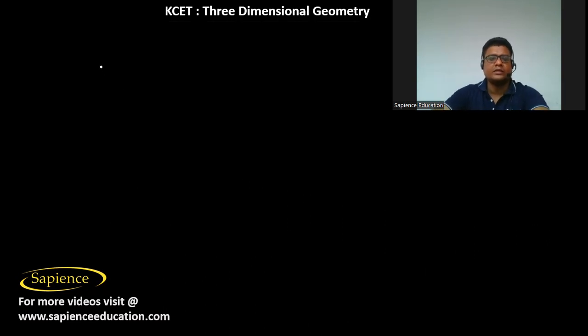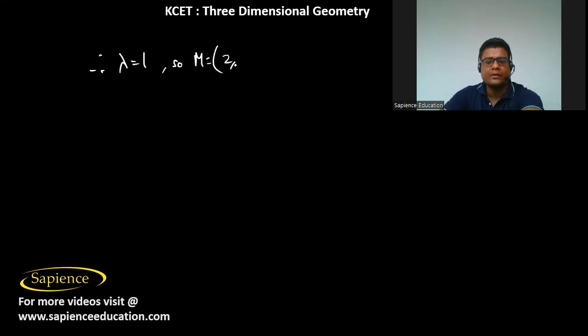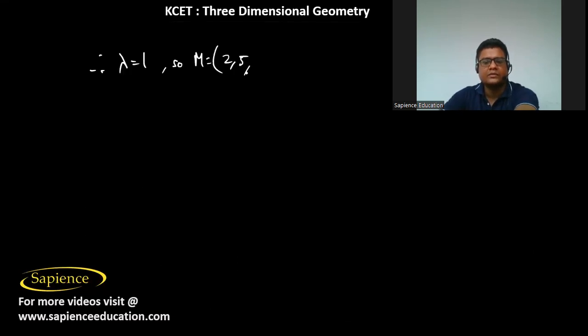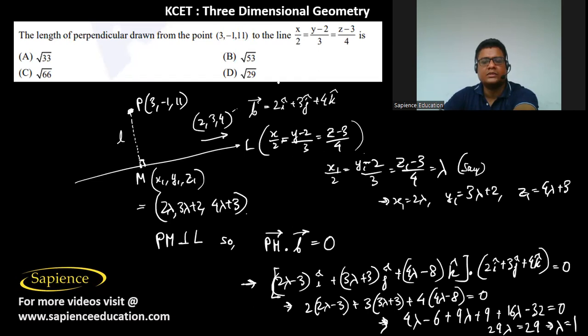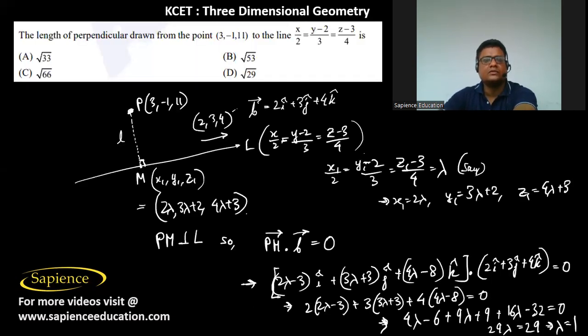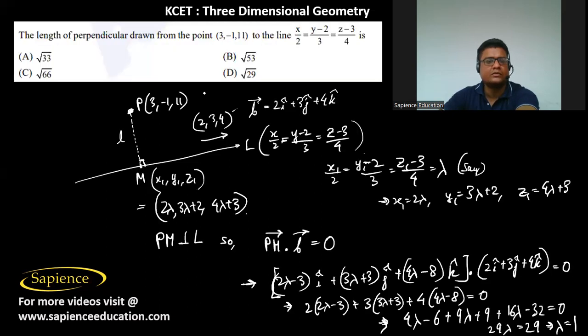So therefore the point M, with lambda equal to 1, will have the coordinates 2 lambda, that is 2, comma 3 lambda plus 2, that is 5, and 4 lambda plus 3, that is 7. So therefore the length of the perpendicular PM will be equal to